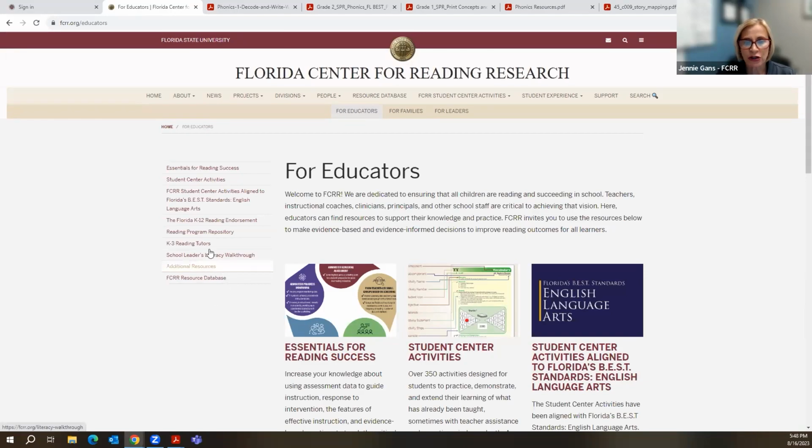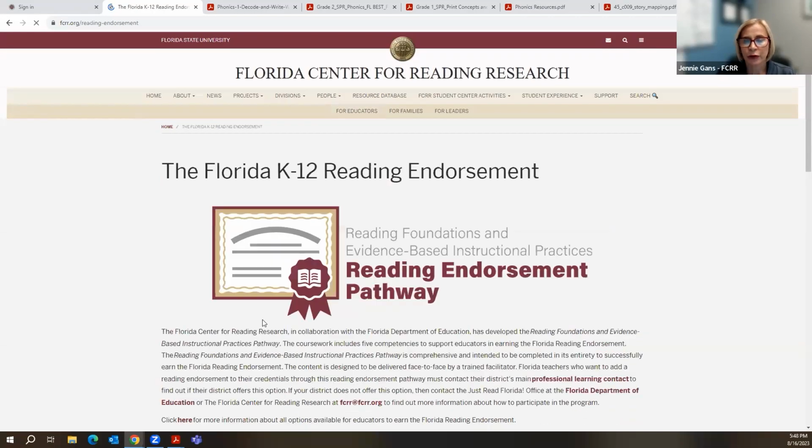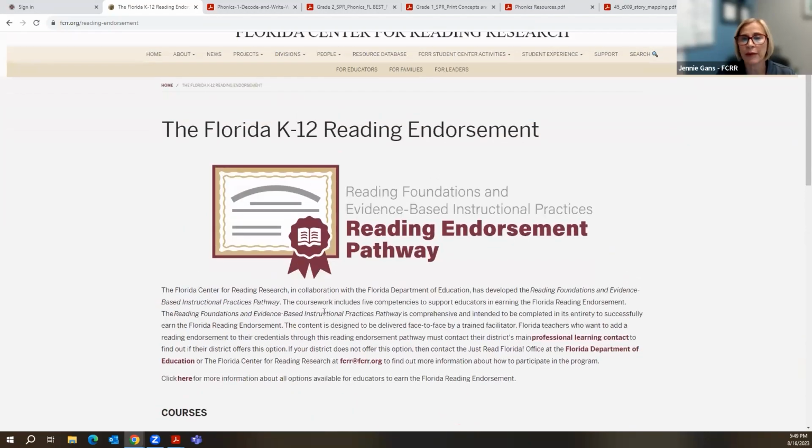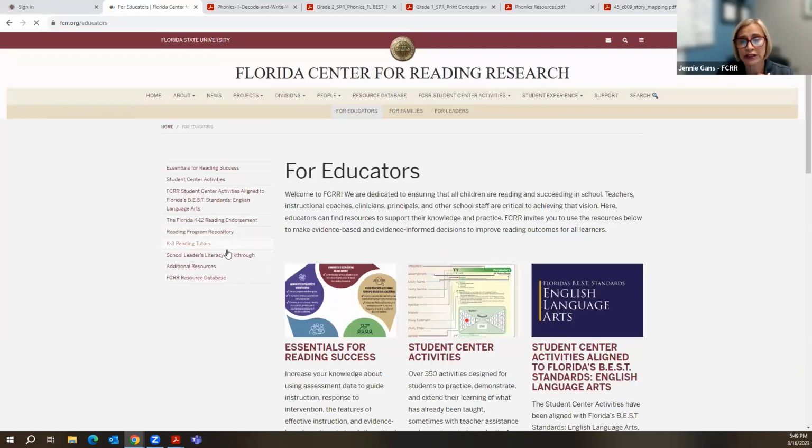As we just continue to go through this left-hand menu, the Florida K-12 Reading Endorsement: Florida Center for Reading Research developed one of 2 state-approved pathways to teach the Florida Reading Endorsement. So if you happen to be in the state of Florida and you are interested in finding out more about our pathway, you can check with your district reading contact and see if your district has folks that have been trained to deliver this model.